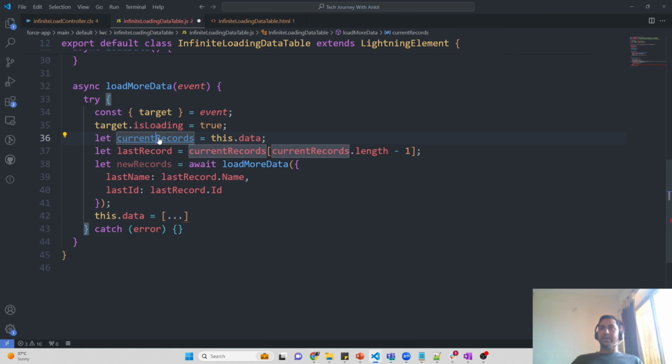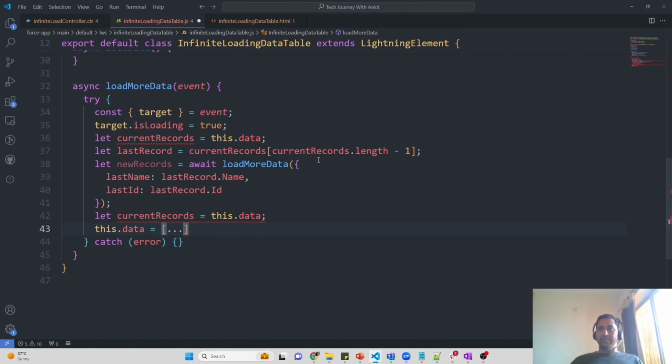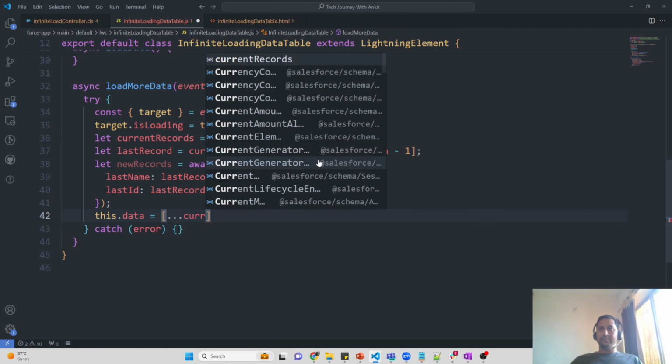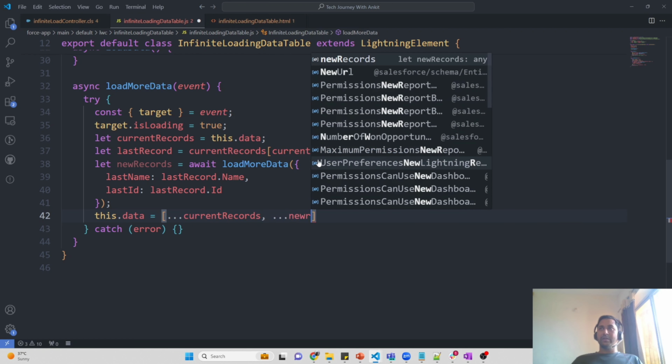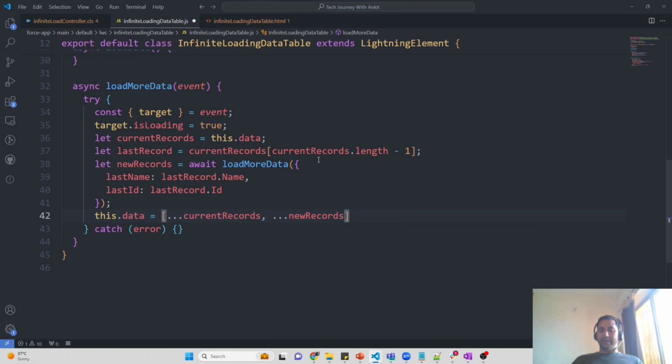First one I do have here is the current records, and followed by that I do have the new records as well. This is how I am populating the current records. In addition to that, I am populating the new record. I am populating the current record as well as the new record, and my data is